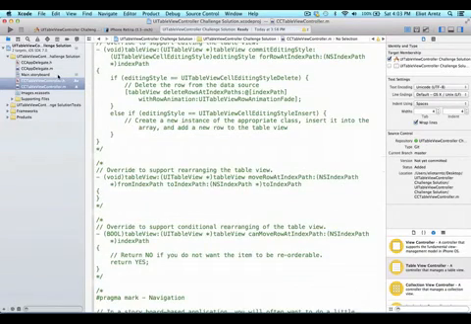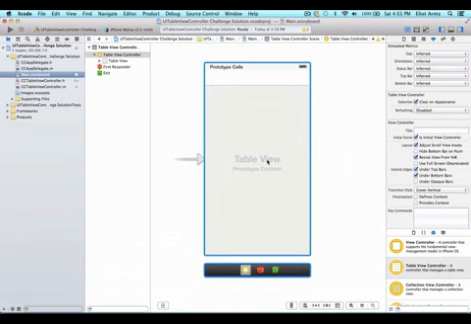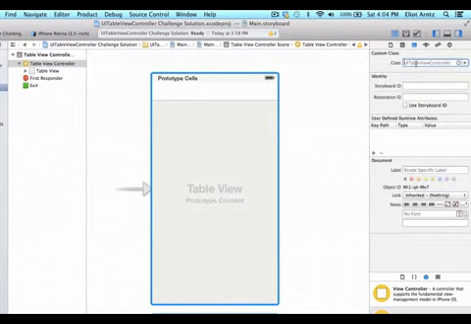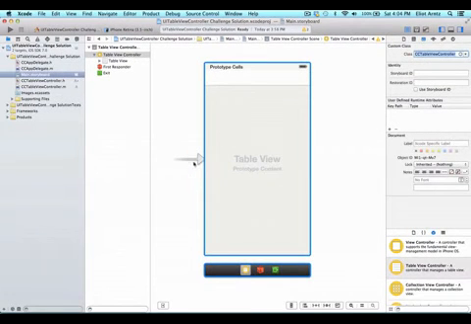But wait, they're not properly hooked up yet. We need to go back to our storyboard, make sure that I have my table view controller selected, and go to the Identity Inspector and update the class. So there's a class managing this new table view controller we added. So let's type in CC Table View Controller. And now my table view controller class is managing this table view controller I added to my storyboard. So let's go to